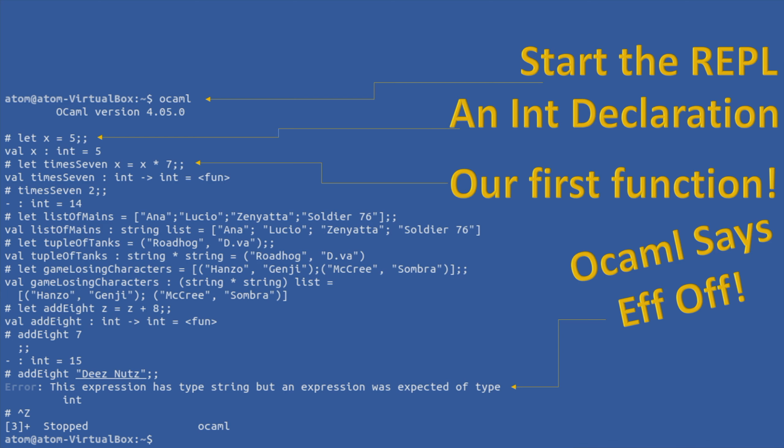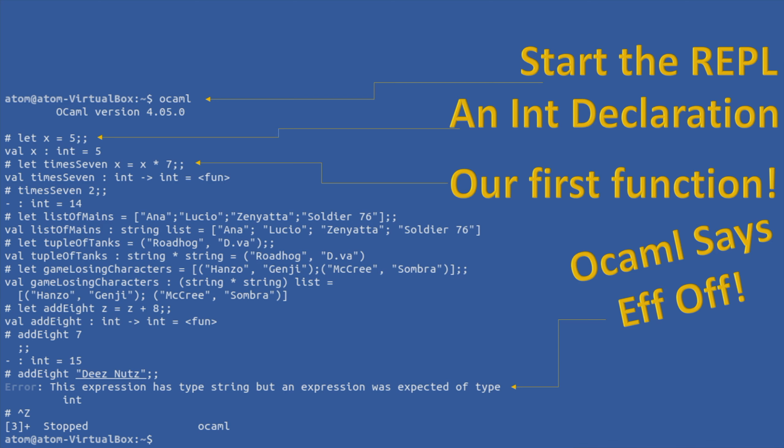So I've got a tuple of strings, in this case of two different tanks, Roadhog and Diva, and it's going to interpret that as two strings in that tuple. So all is good there. And then we can get even crazier, and we can support